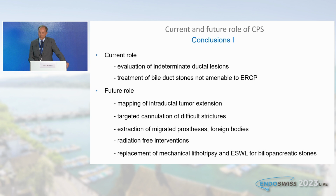So I would like to conclude. Current role of CPS undoubtedly: the evaluation of indeterminate ductal lesions and treatment of bile duct stones not amenable to ERCP. In the future, we will see more and more requests also from surgeons for mapping of intraductal tumor extension, targeted cannulation of difficult strictures, especially at the hilum. We know how much time we sometimes spend with fluoroscopy. Extraction of migrated prostheses, foreign bodies, radiation-free interventions, and replacement of mechanical lithotripsy and EHL for